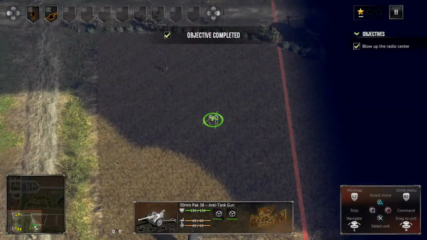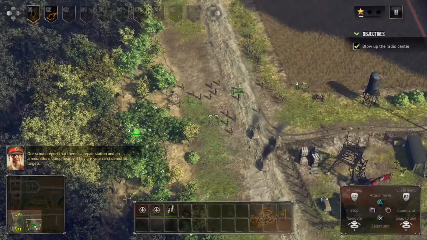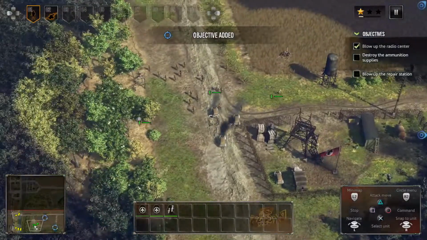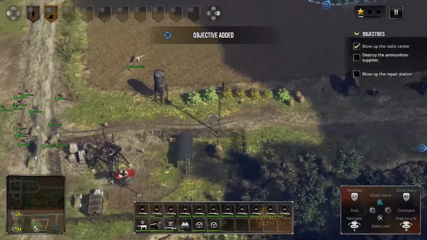Our next objective. We could just do some more damage. There's a repair station and an ammunition dump nearby. They are your next demolition targets. I'm going to try to just limit engagement to...